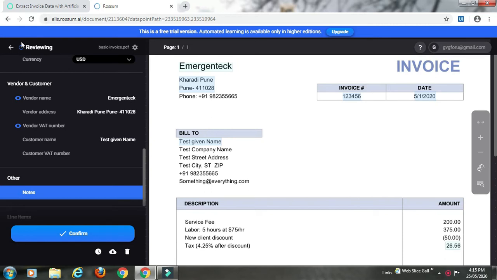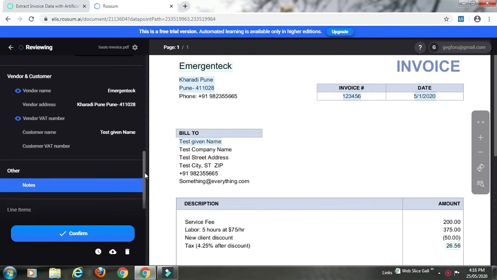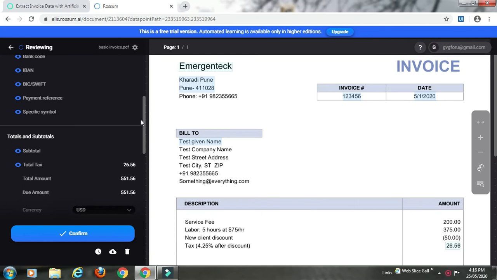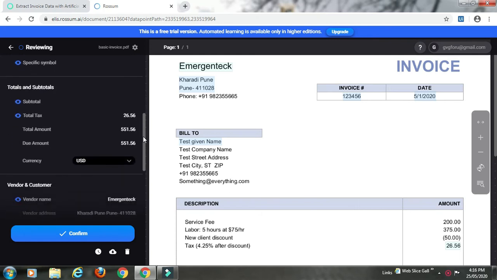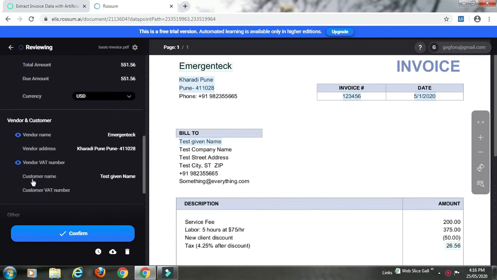Now, the review of the mappings of this document, which we are currently performing, is completely relatable to training a machine learning model. And you may need to do some minor corrections in case you feel necessary. Now the customer address is not picked up by any of these fields. I see the customer name, but I do not see customer address.